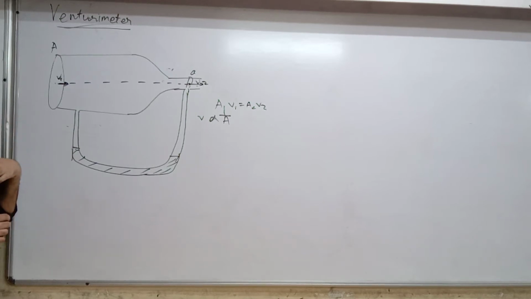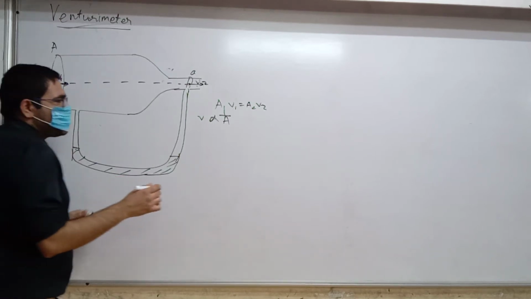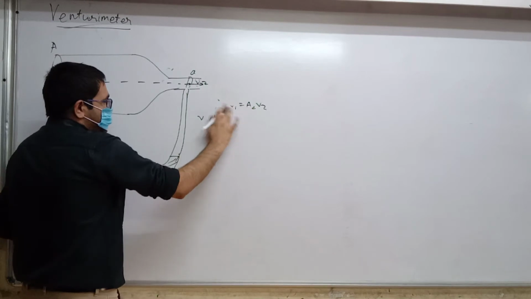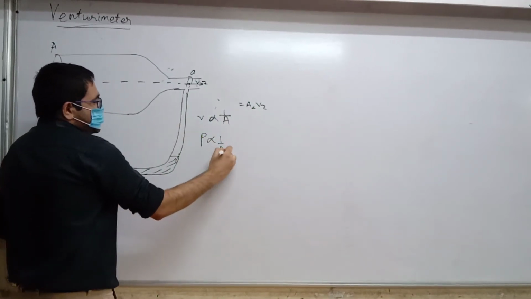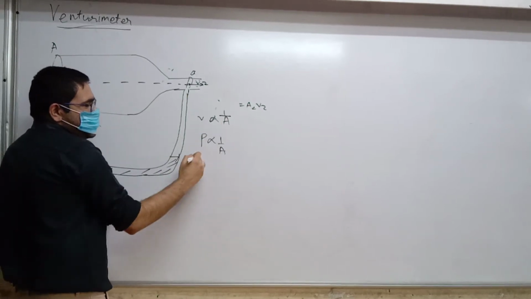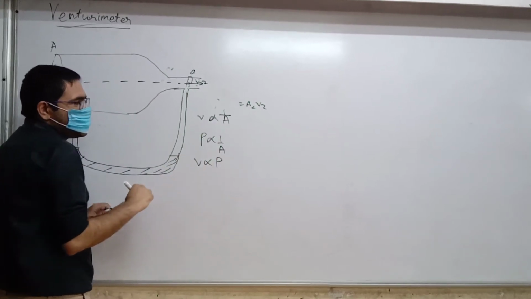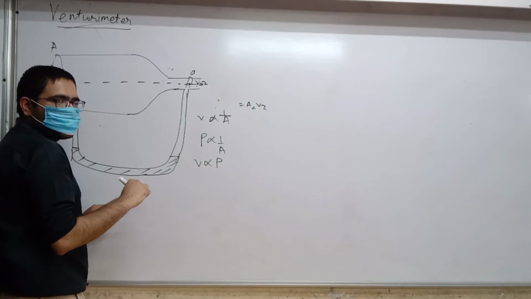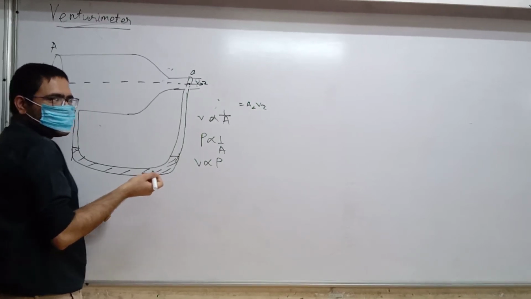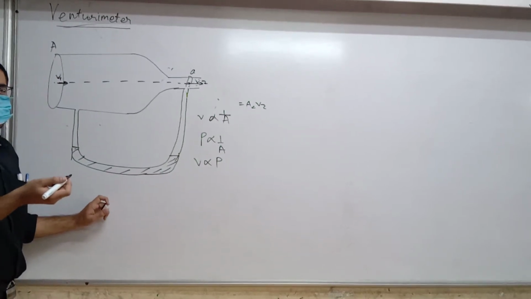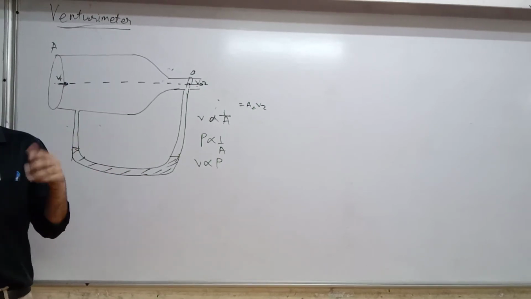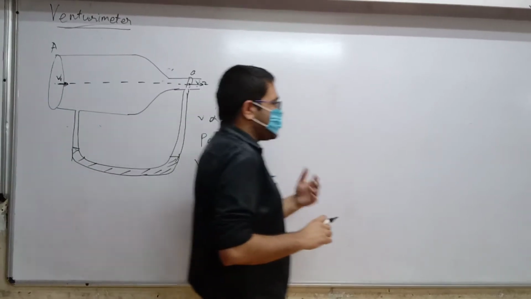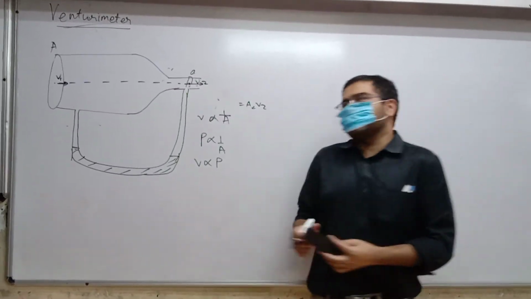If you try to use a bit of maths, it will seem like things are wrong here. V is inversely proportional to area. Pressure is also inversely proportional to area. So if you combine these two, you should get V is proportional to... Is this what you are getting? Yes. But this is not right. In fact, the opposite is right. Inversely proportional, but they are not related in this form.